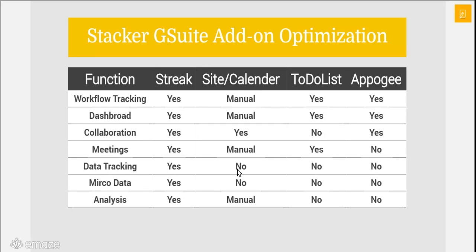With Sites and Calendar, we would have to program the calendar and still do manual inputs and optimize all the steps. You can imagine what our SOPs will look like. It would be quite extensive with a lot of different steps in it, and I think it would become more of a hindrance to the team than a benefit. Like I said, the workflow tracking capabilities of Sites and Calendar will become manual. Sites is basically an application on Google Drive or Google Apps that allows you to make that dashboard kind of feel. But you have to go in manually and set it up and make sure all the links work. It's a very intricate